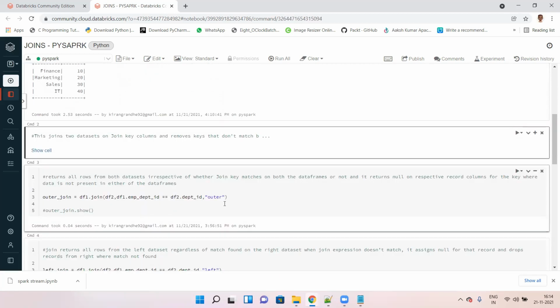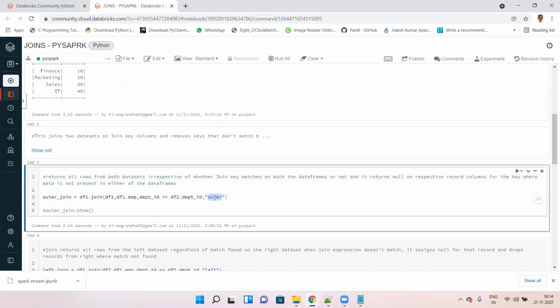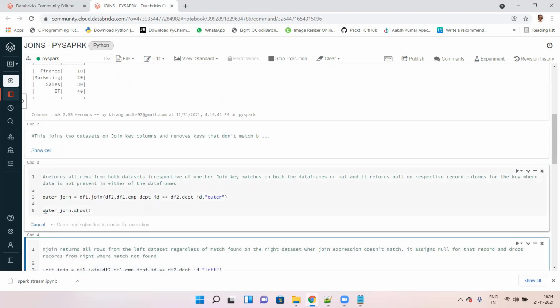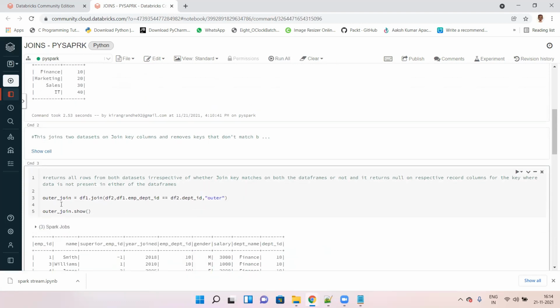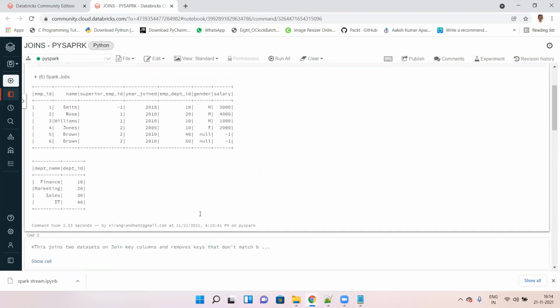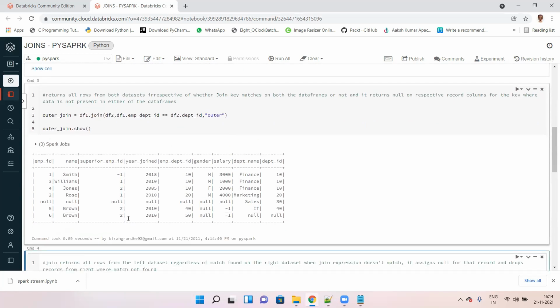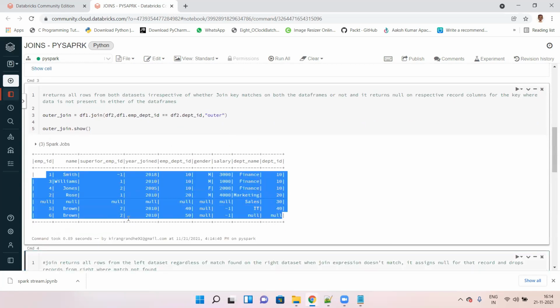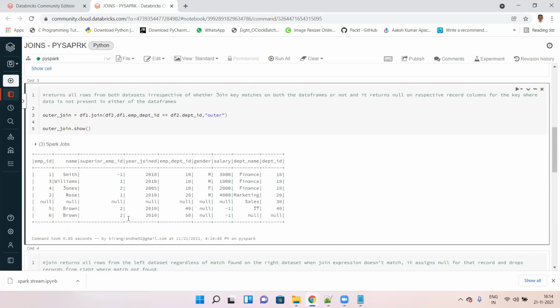So next, let us check outer. Similarly, here we have mentioned outer since we are doing outer join. Here we will get all the data from both the tables. You can see here we got the data from both the tables, but where there is no value for any data, it will be replaced with null.